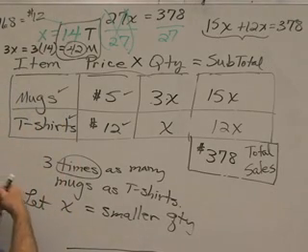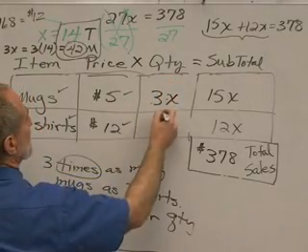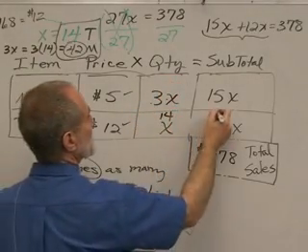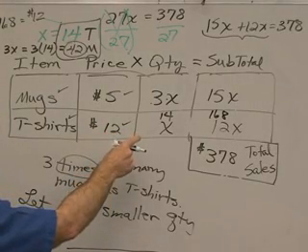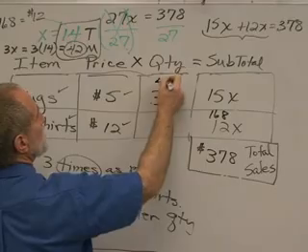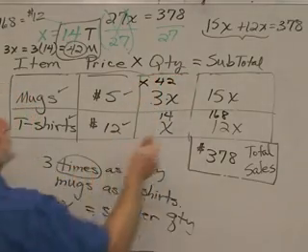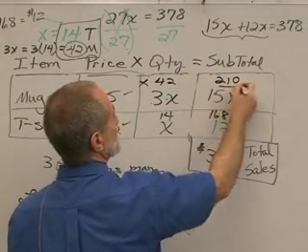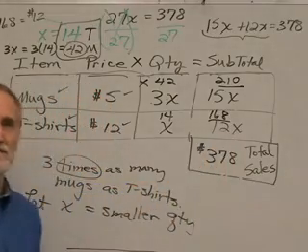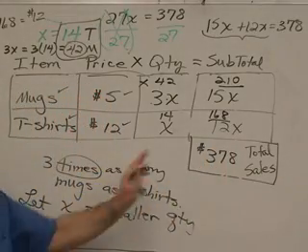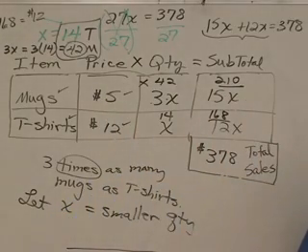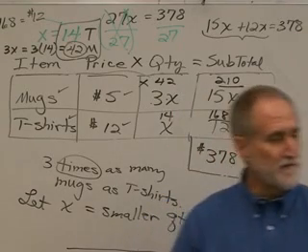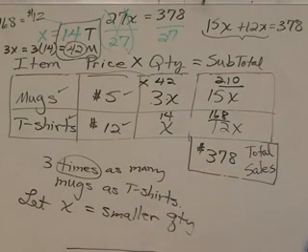So we got $168 for the t-shirts. In other words, if we put 14 here, 12 times 14 is 168. How many mugs did we sell? 42 times 5 is 210. And is 210 plus 168 378? It is. So we can know we got it right, okay, because we can check it. All right, now let's answer Daryl's question. If you flip the page and look at